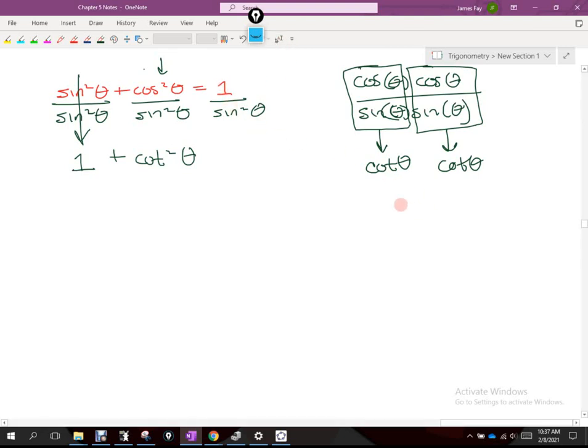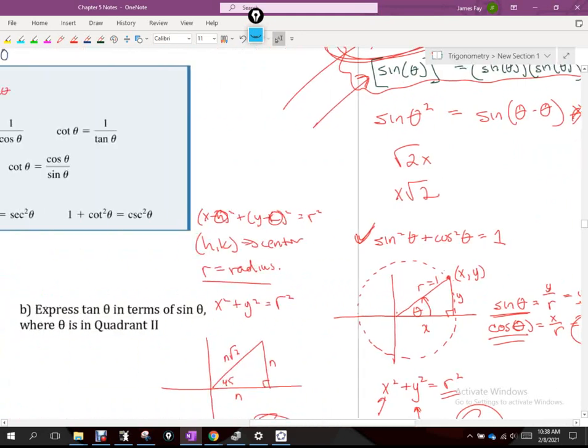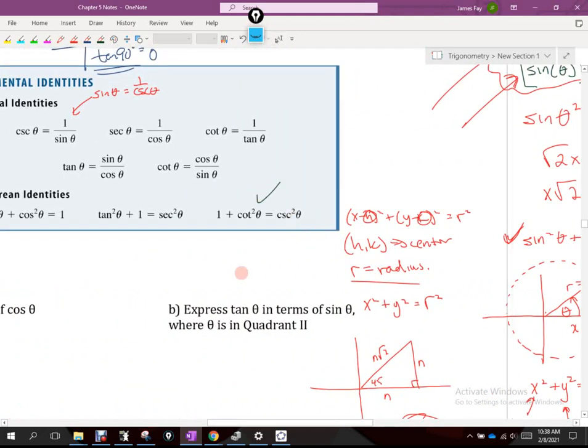Same idea here. 1 over sine squared is 1 over sine theta times 1 over sine theta. Would you guys agree with that? What's 1 over sine? Cosecant. So you see cosecant times cosecant right here, which would be cosecant squared theta. And that then, if you look over here to our table, is that identity right there. Okay? And my thought is, just because I've been doing this for a lot longer, we'll use that quite a bit. We'll use both those quite a bit. But I don't think we use them enough